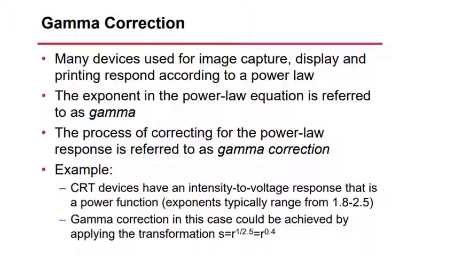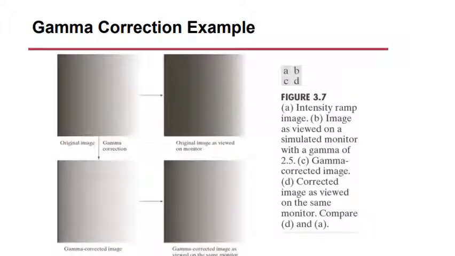Depending on the value of R here, C can be taken, for example, as 1. Here the gamma is taken as, for example, 2.5, or basically 1 by 2.5, which is 0.4. Like that, some sort of gamma correction is done. This is how the gamma correction is done on the image. I told you how the dark intensity values are stretched. You can see it here.